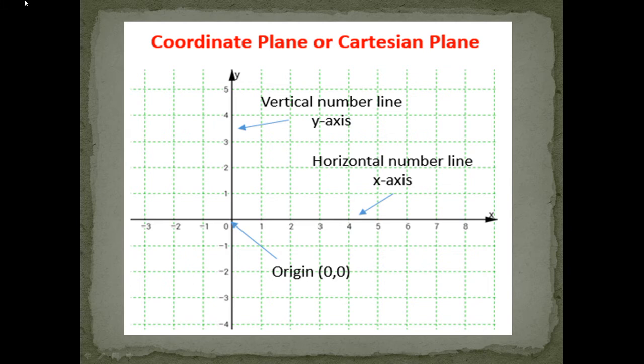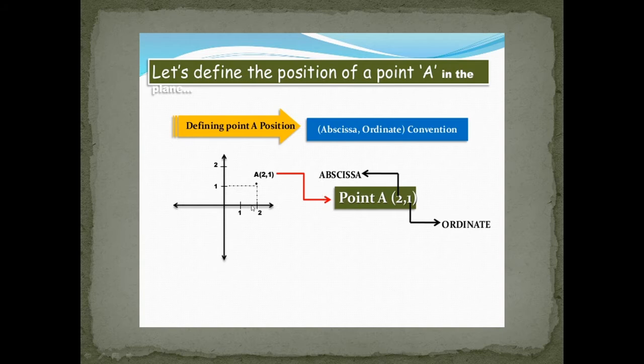Okay. As I told you, we will draw two number lines, one horizontally, the other vertically. The horizontal number line is called the x-axis, the vertical number line is called the y-axis, and the intersection point is called the origin. And then, see how to locate a point. For example, (2, 1): you select 2 from the x-axis and 1 from the y-axis. Draw perpendicular lines from 2 and 1, and where they intersect, that is the point (2, 1). So here 2 is called the abscissa and 1 is called the ordinate.